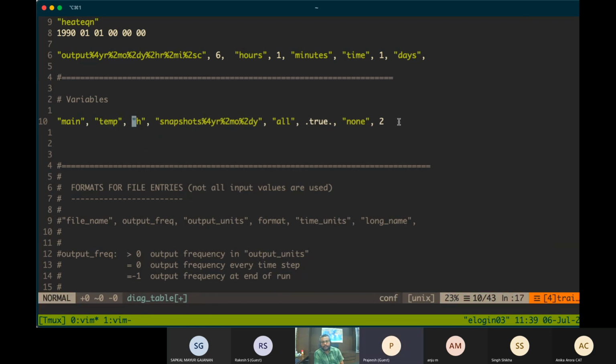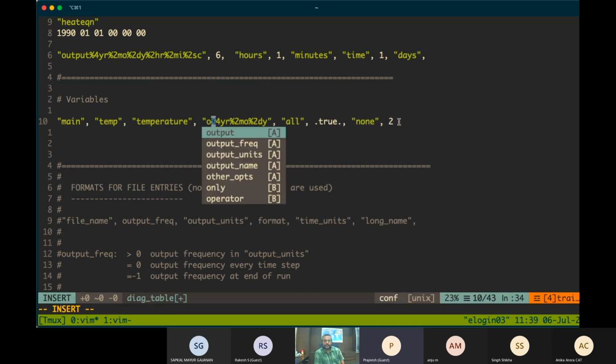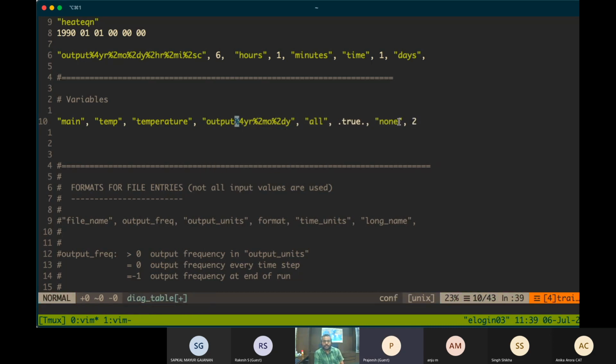Now next is the variable name which we want inside the netcdf file. Let's say we are keeping it as capital TEMP maybe. Temperature. And then you have to give the file name, which will be exactly the same as given above.